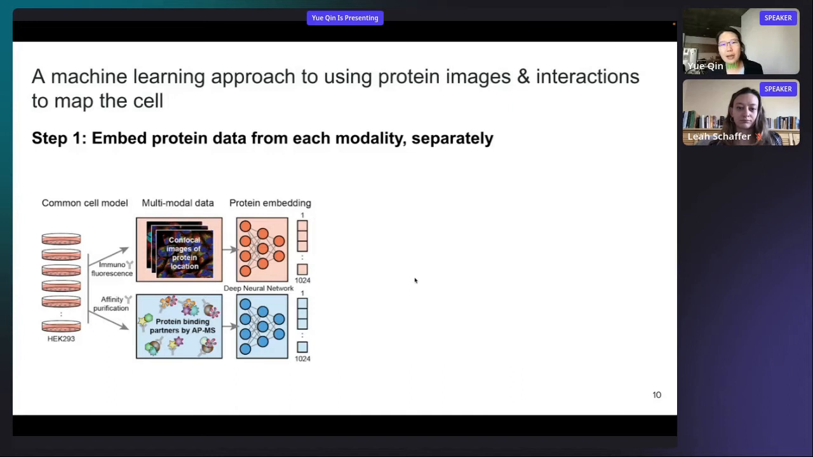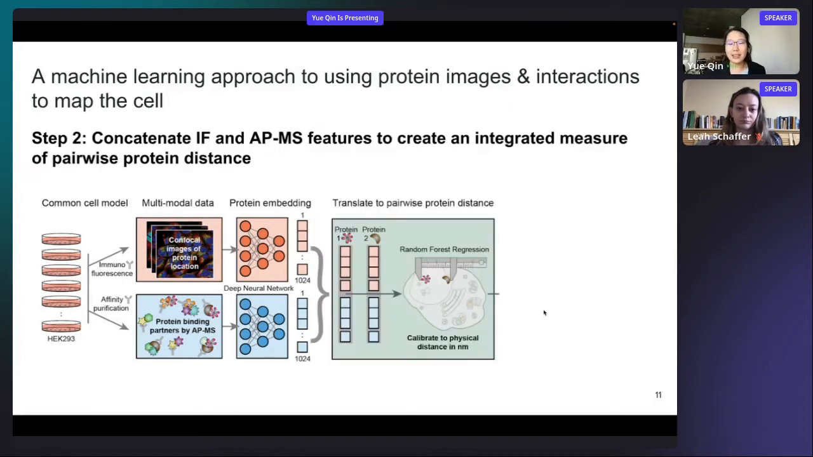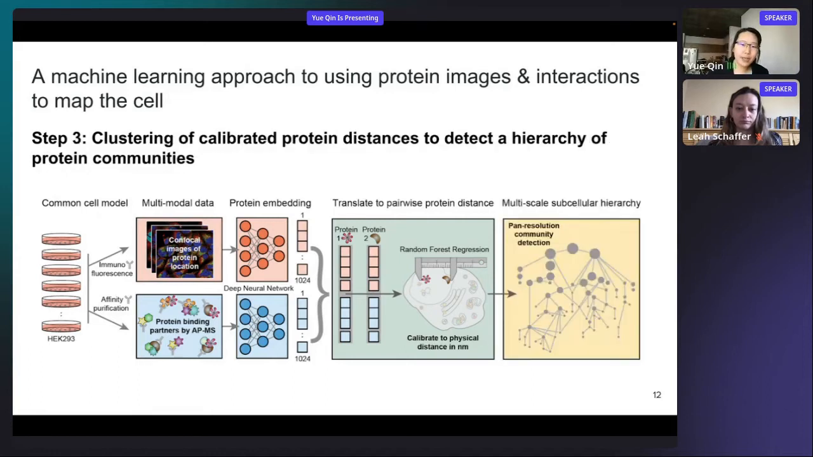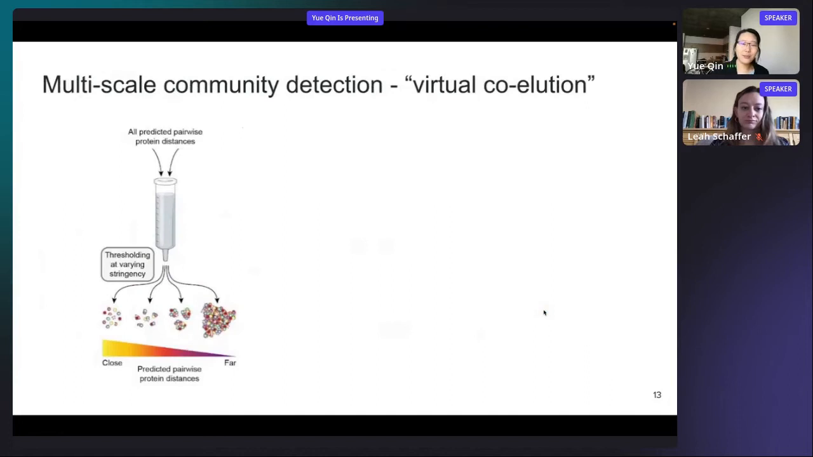The next step we do is feeding these embeddings, these features of the protein, into a random forest regression to predict a general measure of pairwise protein distance, from which we then apply pan-resolution community detection to construct this multi-scale subcellular hierarchy. And this pan-resolution community detection is virtually similar to co-elution. If you imagine that you have a column and you just input all the predicted pairwise protein distances,